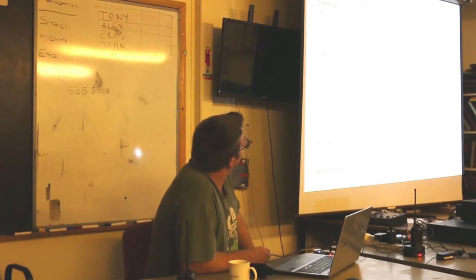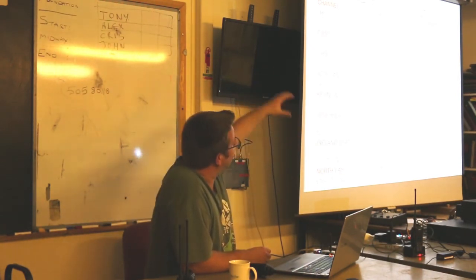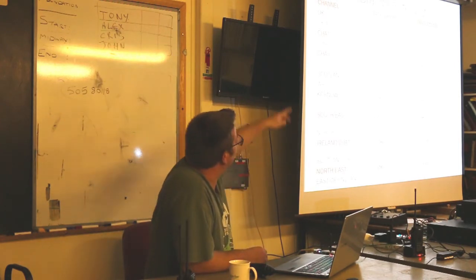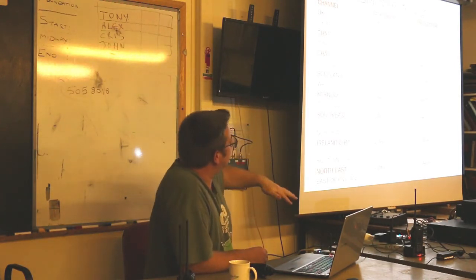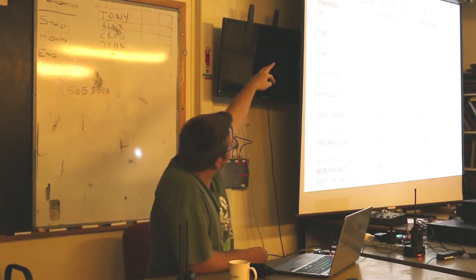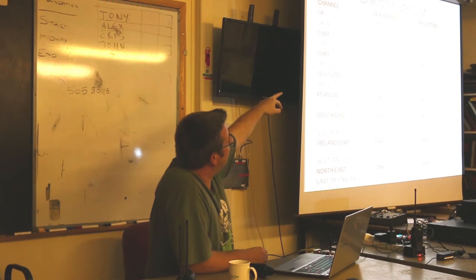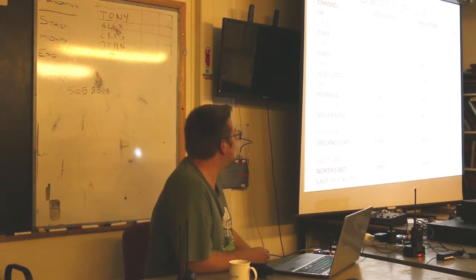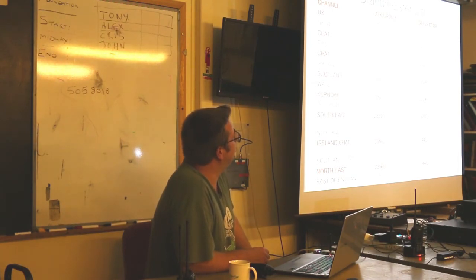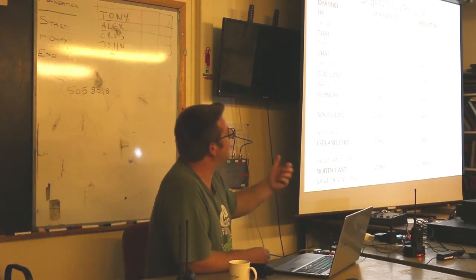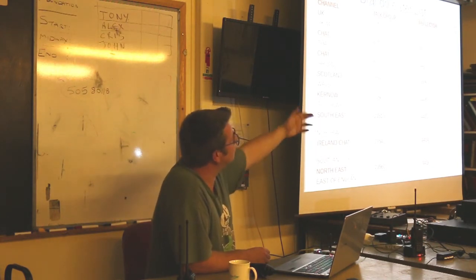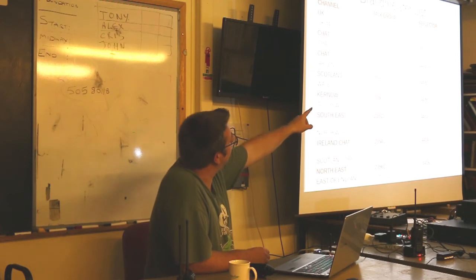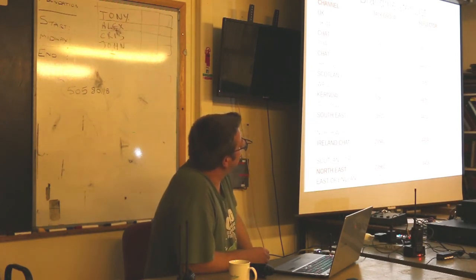So these are just some of the UK wide ones. Literally just cut and pasted this off because I couldn't fit streams of it on. But it all goes down through countries. Each country's got a calling channel, and then they've got several chat channels, which is where you go so you wouldn't sit tying up the whole network, the calling channel. You don't generally sit on S20 on the calling channel of any band having a rag chew. You'll make contact, and if you're just stopping for a report or whatever, fair enough. But if you're going for a rag chew, you just QSY off, and that's exactly what you do with this system as well. You just disappear off to one of these other talk groups or reflectors and go somewhere out of the way of it.